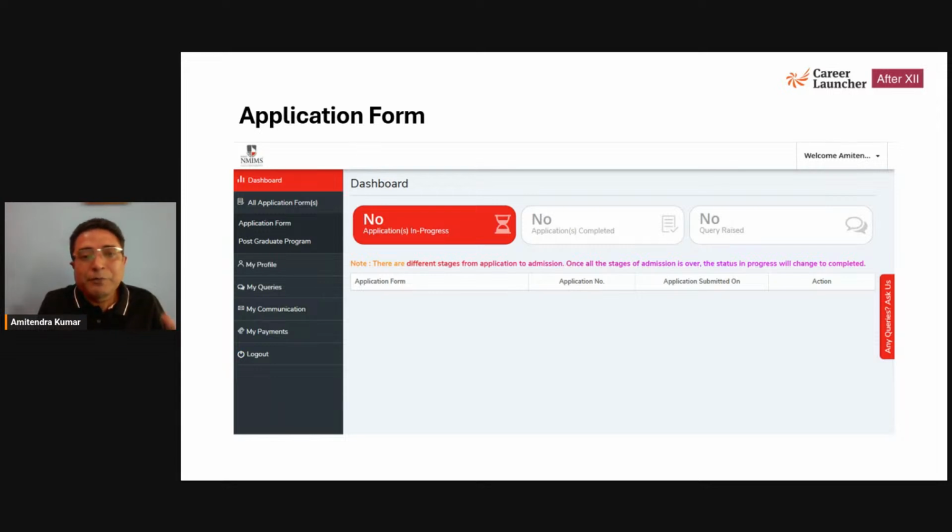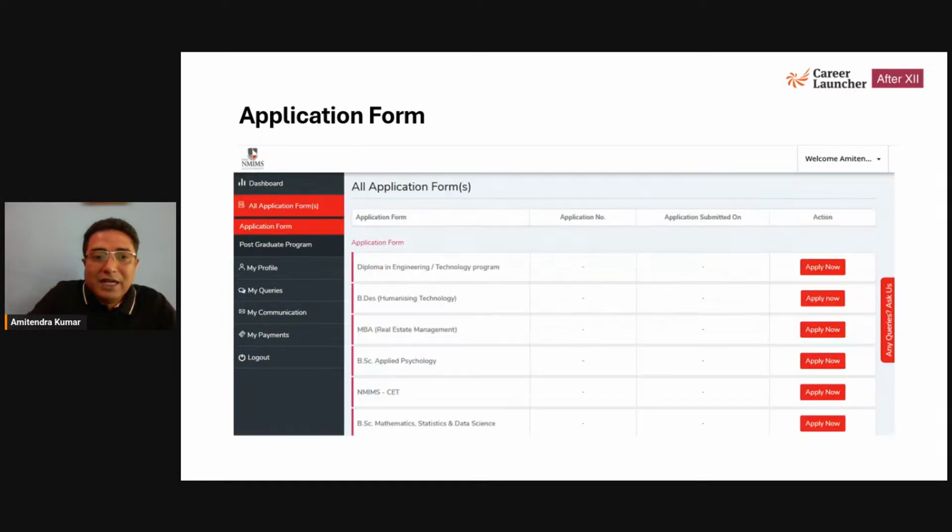Nothing has happened because we have not started the application. It was only the registration which has been completed. So what we'll do here is click on the application form on the left side. Just click on the application form on the left side and then you'll see the application forms for different programs will be visible. So you are definitely not applying to every program. And today we are talking about NPAT.